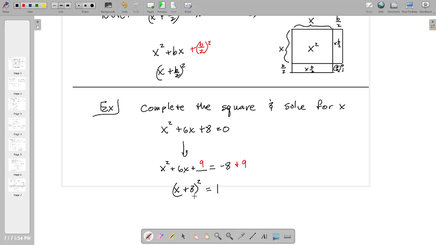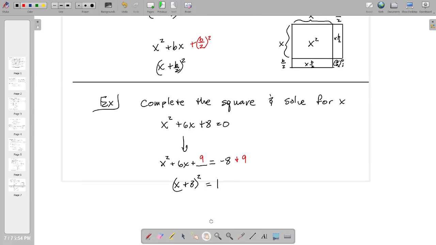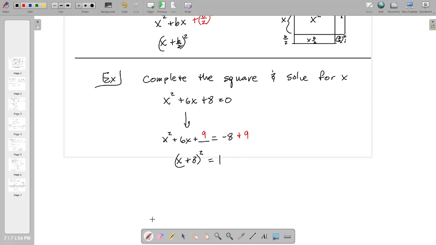Then to solve the equation, you can take the square root of both sides, or you could subtract the 1 over and do a difference of squares. I'm a little bit more partial to doing the difference of squares, but for the sake of simplicity and for the sake of the majority of people, because I'm a weird mathematician, I'm going to take the square root of both sides. So we end up with the absolute value of x plus 3 is equal to the square root of